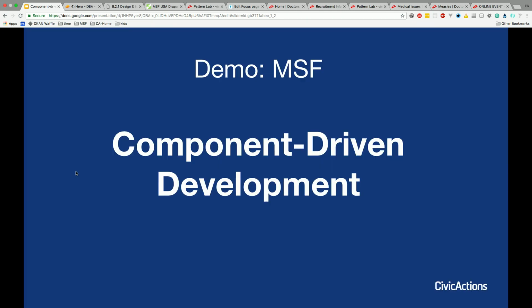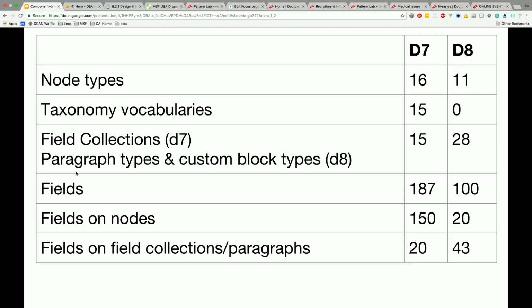Quick question? Yeah. I noticed the last line actually went up, fields on field collections and paragraphs from 20 to 43. Is that just because of reorganizing the content? Or? Yeah, so